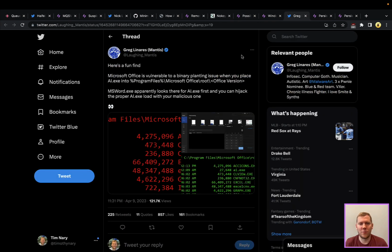Last thing, this is a little bit more of a fun one. Again, there are always very interesting, unusual attack surfaces, particularly on commonly used tools. So we've covered a lot of Microsoft Office products and tools. This one doesn't have a named CVE or a CVE ID even for it, but Microsoft has their AI.exe, and when Office opens up, it's going to look for that in a specific folder, particularly the Program Files, Office root, and the Office version. So MS Word is going to look for that, and this is an example of